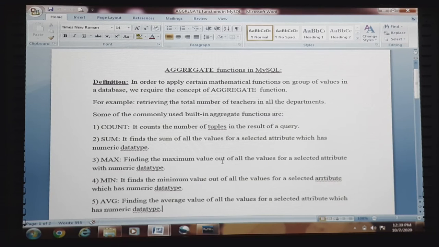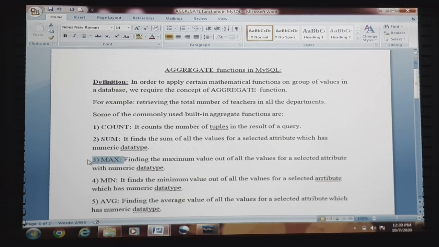Now, in that particular query itself, we need to specify that this many number of tuples should be shown in front of us. In such a situation, we may go ahead with one aggregate function which is known as count. We will take all those aggregate functions one by one by means of database queries.